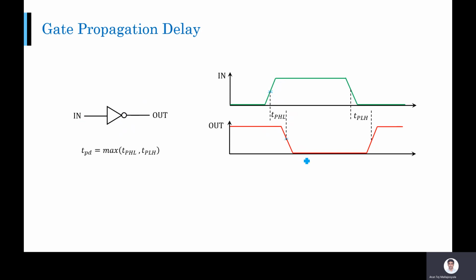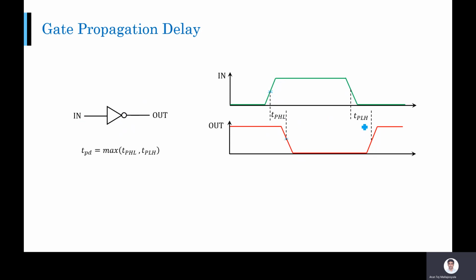Okay, so your output is switching from high to low, and the propagation delay involved in that is TPHL. Similarly, when your input is changing from high to low, your output will change from low to high, right? So you define what is called propagation delay TPLH. That means low to high. Output is switching from low to high. So the time delay required for this switching is your TPLH.